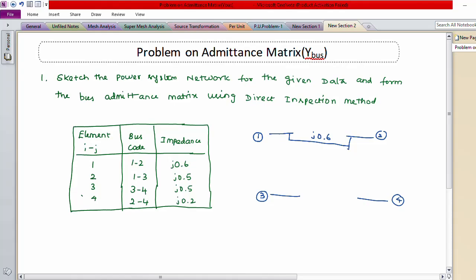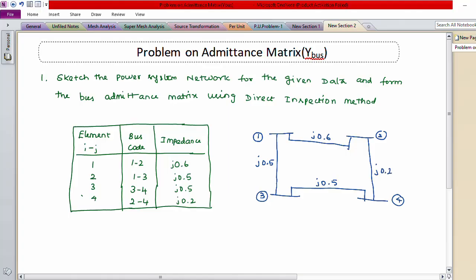Bus number 1 to 3, J0.5. Similarly, bus number 3 to 4, J0.5. Bus number 2 to 4,